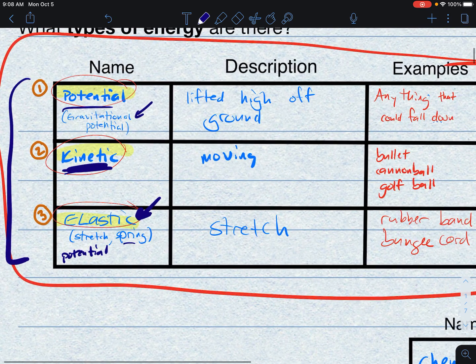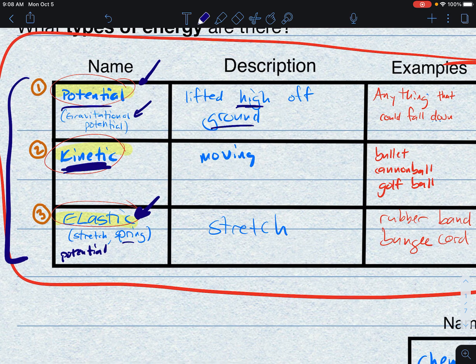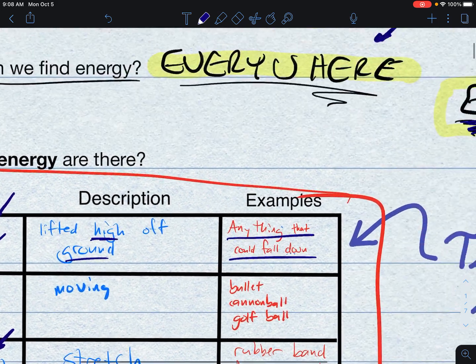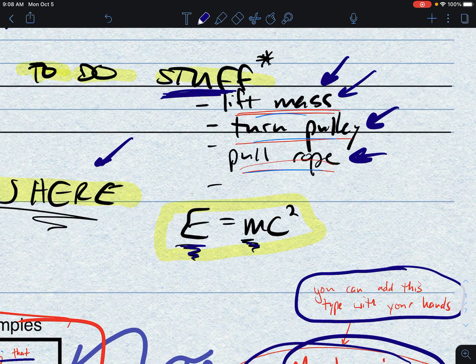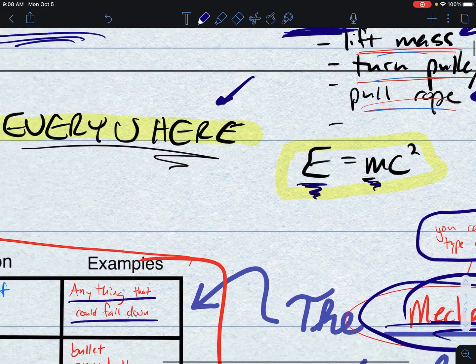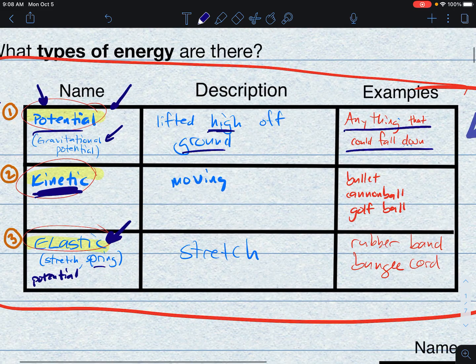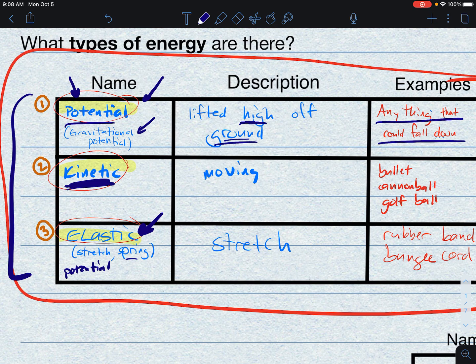The 3 basic types of mechanical energy are going to be gravitational potential, which means that the object has the ability to do stuff because it's high off of the ground. So anything that's up on a shelf, anything that's on a table, anything that could fall down, anything that's up a ramp or up on top of a hill, because it's up high, that's potential, it could fall down and spin a turbine. You could tie a rope to it and have it lift a mass like a counterweight. You could have it hit somebody on the head and cause great pain. It has the ability to do stuff because it's off the ground in Earth's gravity system. You can do this. You can take an object and lift it up. I'll prove it right now.